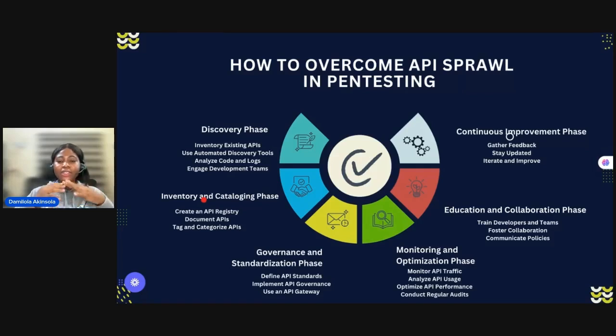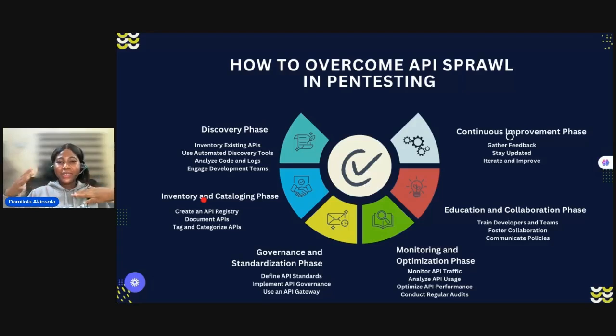Of course not. You have to use your insights, the feedback you get from them, to actually help redefine your API design, right? So you might have to go back to your API design to make some changes. It could be in terms of your security posture or your governance processes. So you want to ensure that you're continuously gathering feedback from these key stakeholders. This is what will help you to continually stay updated. Of course, staying updated on API security trends is also important because cybersecurity as a whole is a dynamic field. It's always changing. What you know today might be obsolete tomorrow.